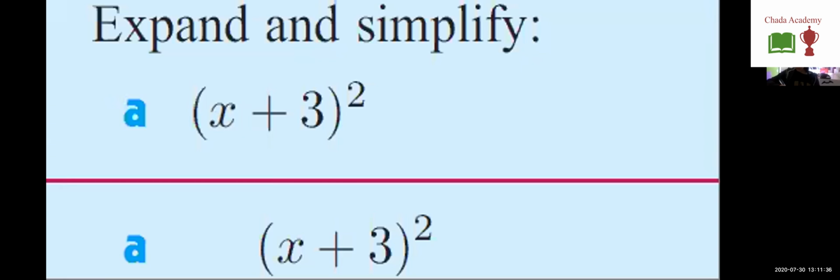So it's x power 2 plus 6x. It's 6x because it's 2 times x times 3, so it's 6x, plus b2, which is 3 power 2, and the answer is